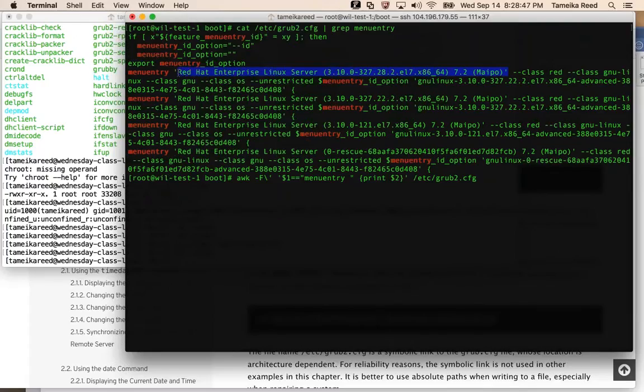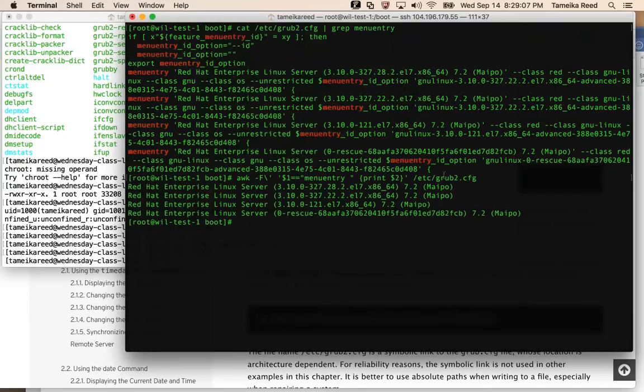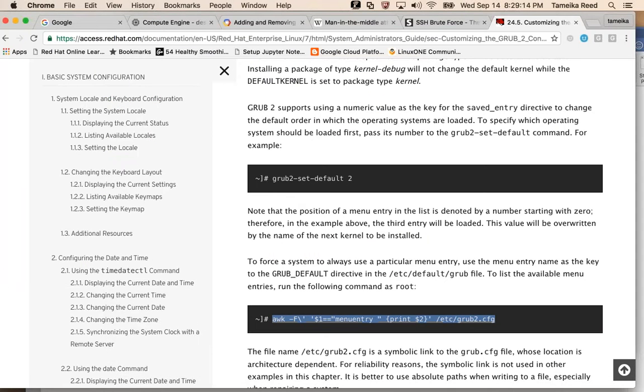And you notice it didn't print the single ticks. And it looked for $ equals, if $ equals menu entry, and it says what, and then give me the second column and then print it. So that's what it did. So look at that, and notice it didn't print the ticks. And here, what they're saying is, if you want to set it to